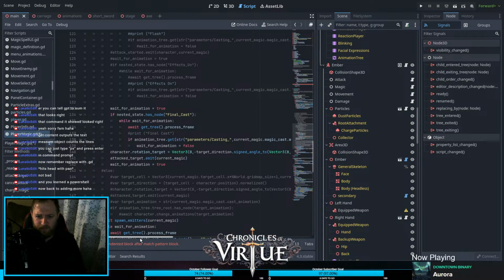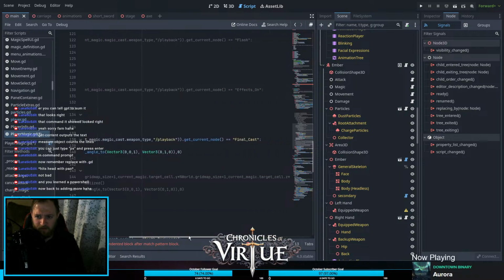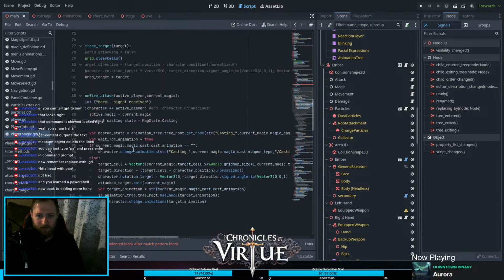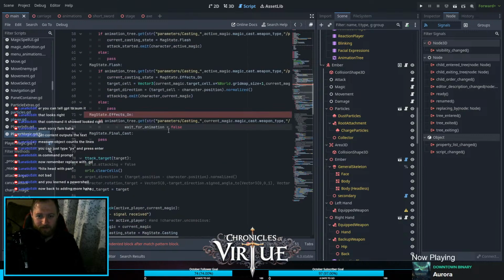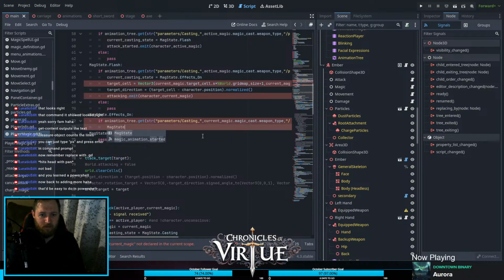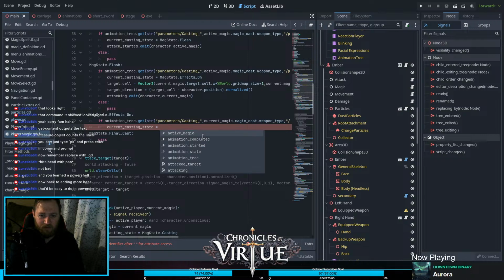So when I turn effects on, first off, I need final cast. I need to be looking for this. It might just be this, honestly, instead of wait for animation. Yeah, I think it'd be really easy. Current casting state equals, yeah,